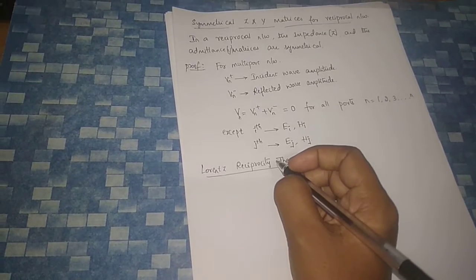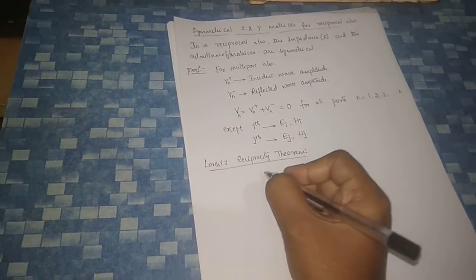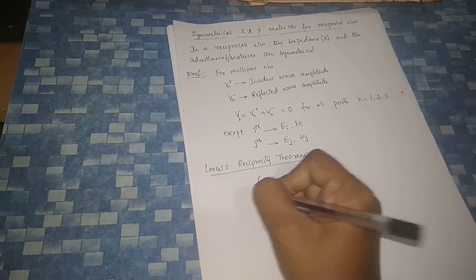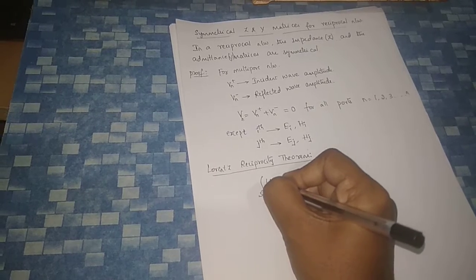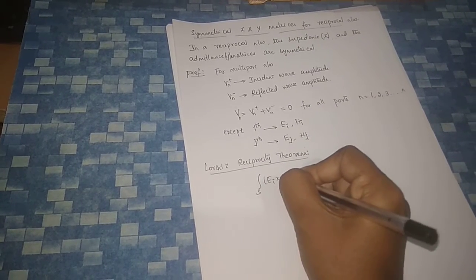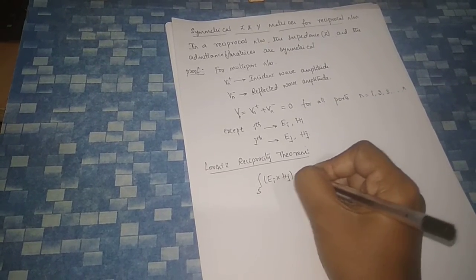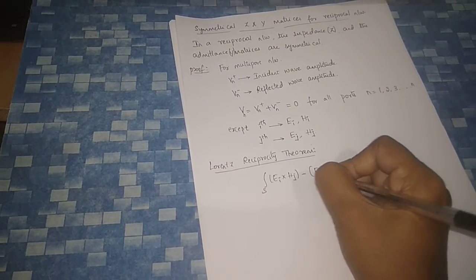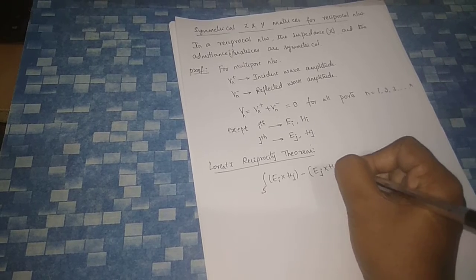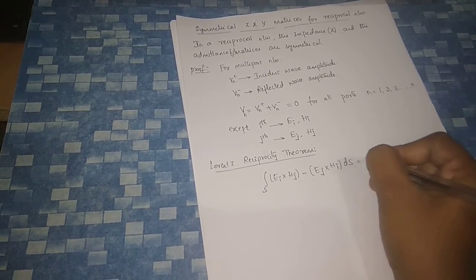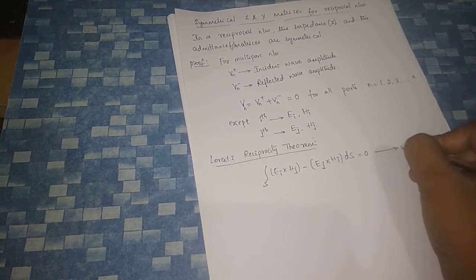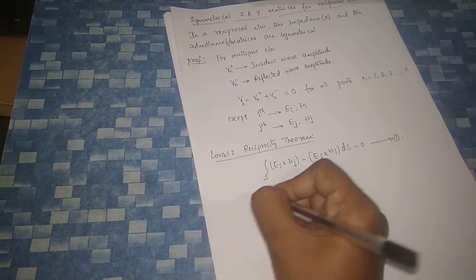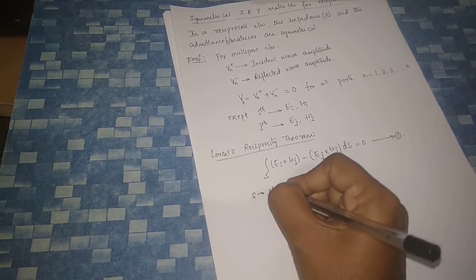So from the reciprocity theorem we can write the integral over S of (Ei into Hj minus Ej into Hi) into dS will be equal to 0. Let me take this as equation 1. Here S is the closed surface area